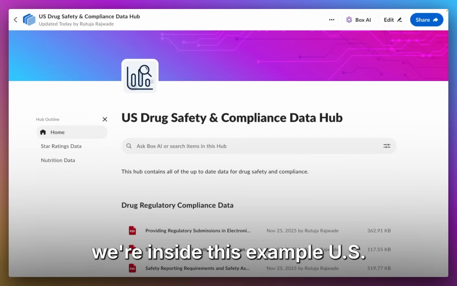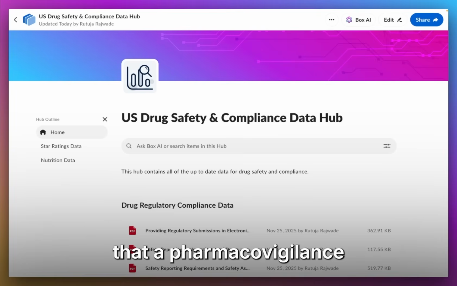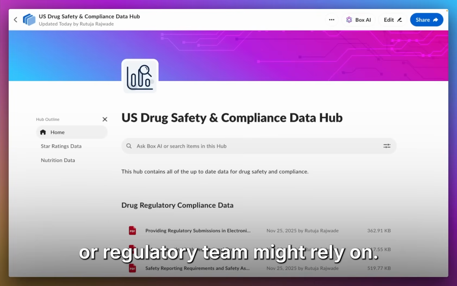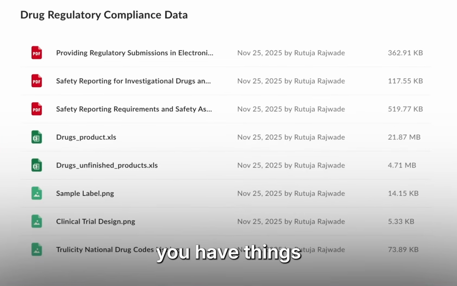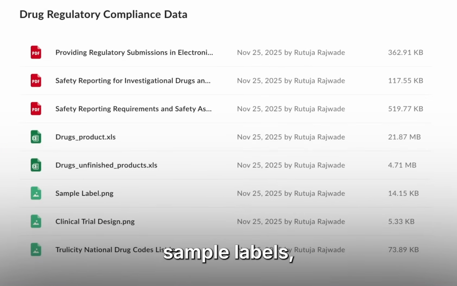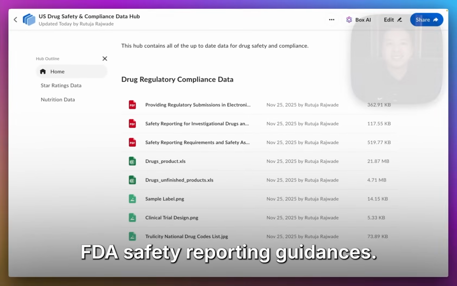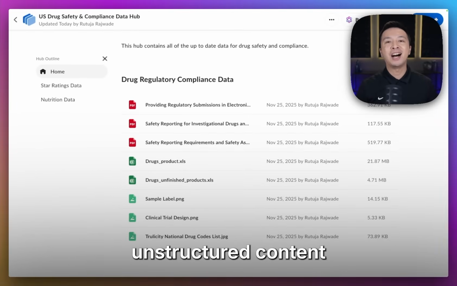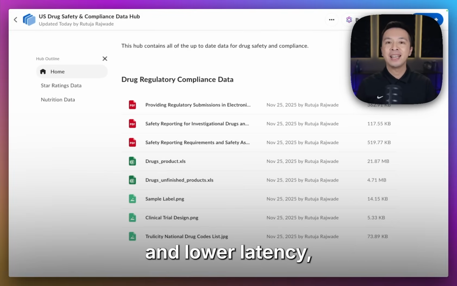Let's get started. All right, here in Box, we're inside this example US Drug Safety and Compliance Data Hub. This hub contains documents that a pharmacovigilance or regulatory team might rely on. So over here, you have things like drug product spreadsheets, sample labels, clinical trial diagrams, and several FDA safety reporting guidances. This is exactly the type of mixed, unstructured content where GPT 5.2's improvements, better reasoning, and lower latency on